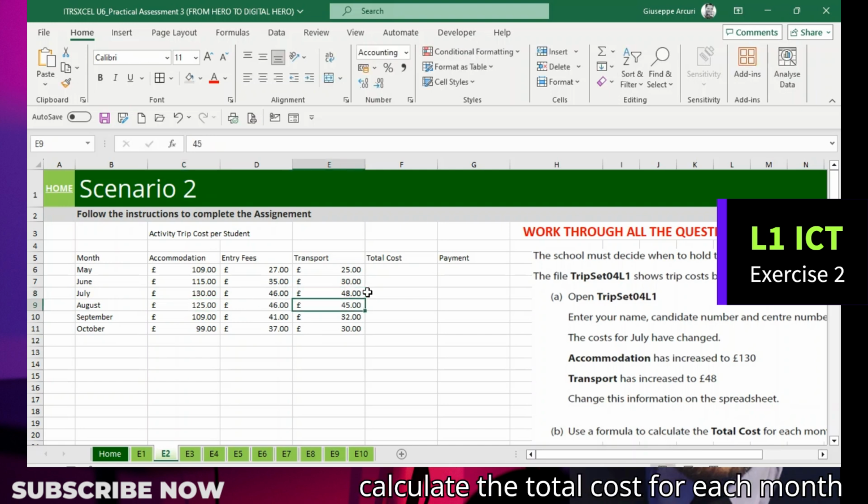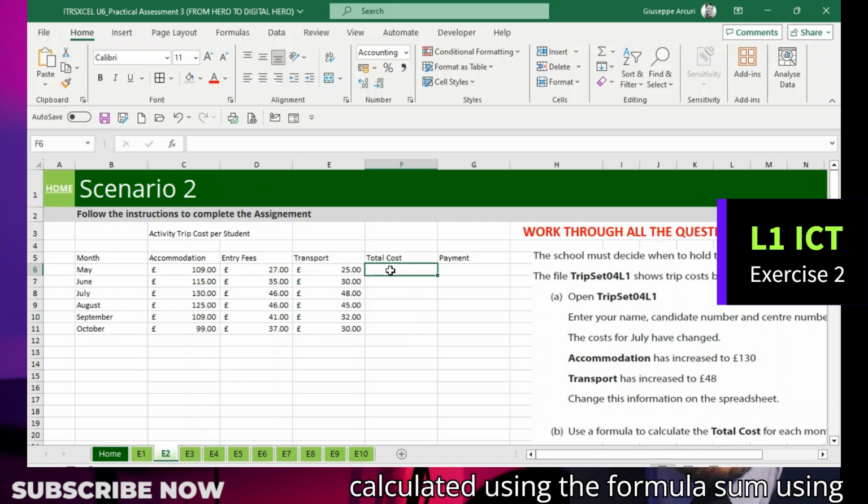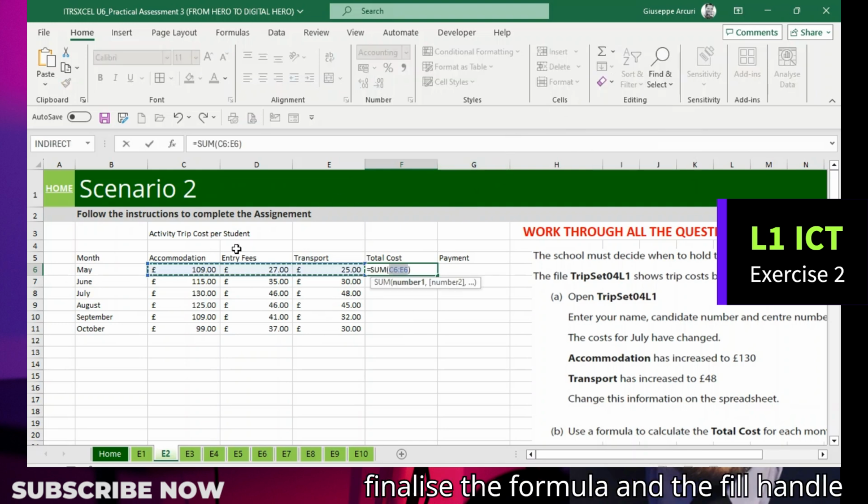Next, you're asked to calculate the total cost for each month and compare it to a cost divided into 4 equal payments. Use the formula you calculated for May and copy it across the other months. The total will be calculated using the formula sum using the AutoSum shortcut. Select the 3 different costs and press Enter to finalize the formula, and the fill handle to apply the formula